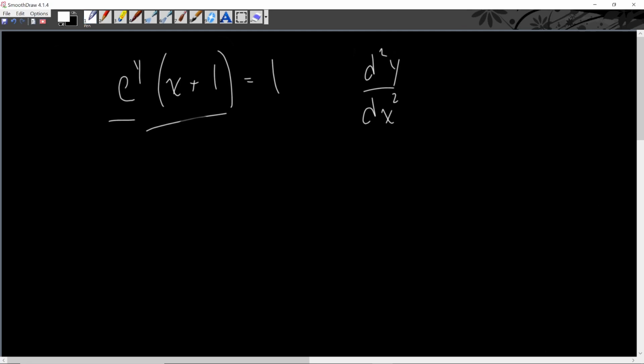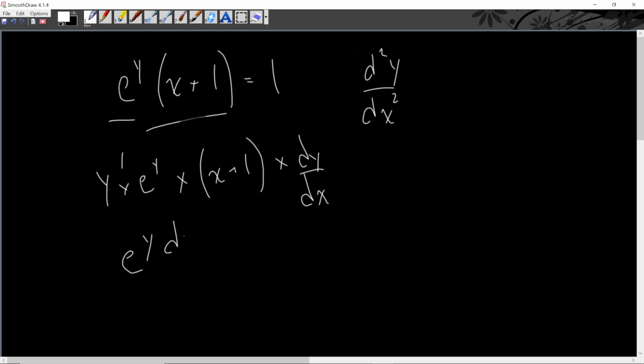So we're going to do derivative of the first times the second plus first times derivative of the second. So e to the power of y, derivative of that is going to be y prime times e to the power of y, times x plus 1, times dy dx. So e to the power of y dy dx times x plus 1, plus